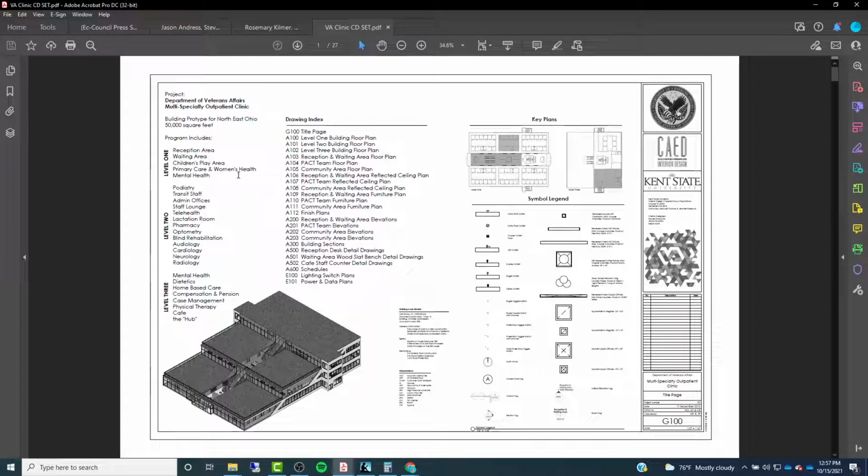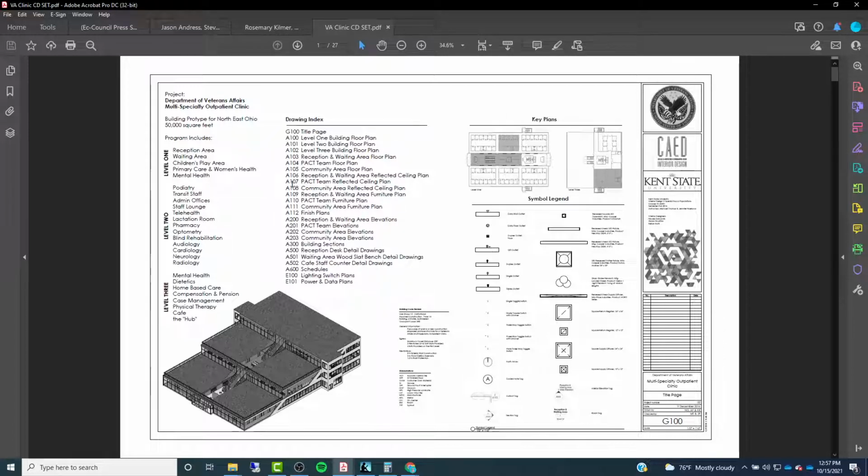Okay, so the first thing to notice whenever we're looking at a CD set is the front page or title page. A title page is going to give us a bunch of information about the project. First, it's going to tell us all of the drawings that are within the entire set. So we have just sort of an index here, indicating how many different types of drawings there are: all of the plans, ceiling plans, elevations, all of that, and then also any other disciplines that are